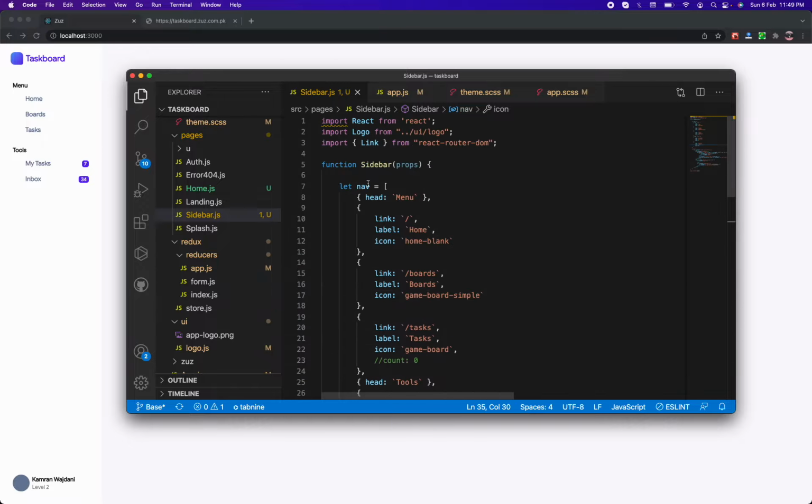And inside this sidebar we need to check for the active Redux state, and for that I need to check for